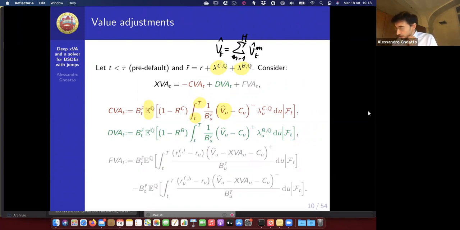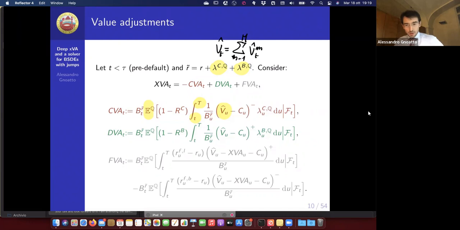So, of course, as I mentioned previously, I'm subtracting the collateral, which reduces the exposure. And these are the recovery rates of the counterparty and the bank. The key message here is that in order to compute this conditional expectation, you don't just need the value of the conditional expectation with respect to F0, as when you price something. You really need to be able to compute future scenarios of your portfolio. And this is where BSDE can help us.